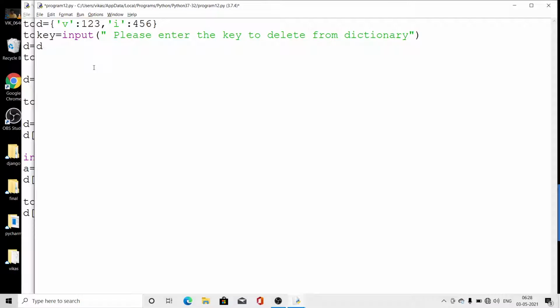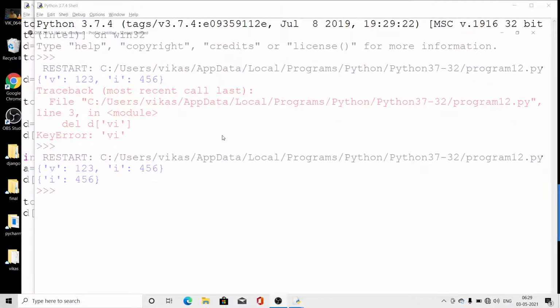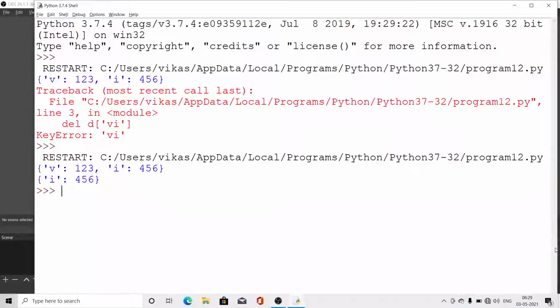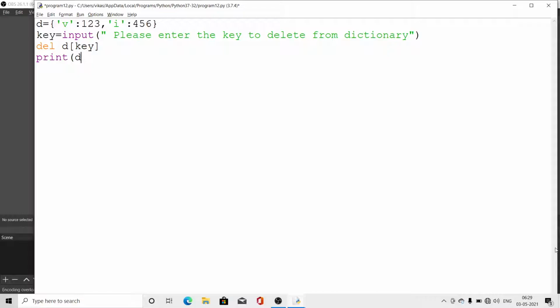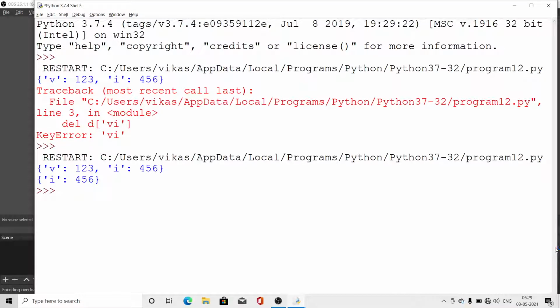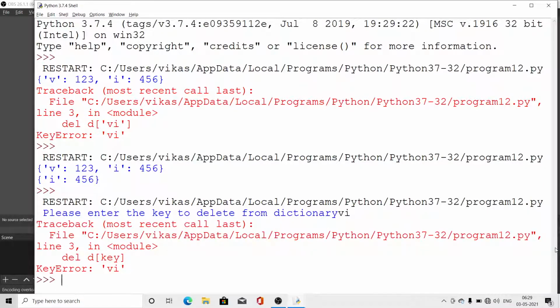Clear? And I have written here del D of key and print D. So look here, I have written here VI. So what is generated? Error.